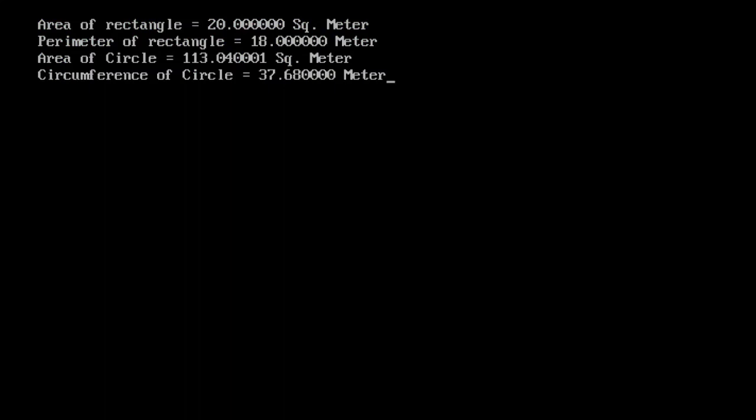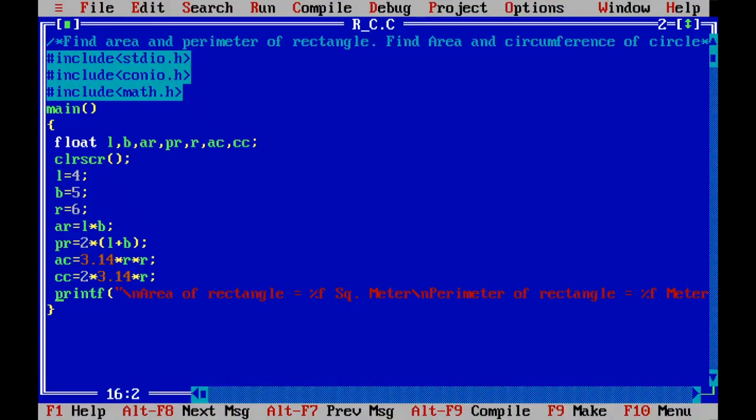We can see that the outputs have more decimal points, like 20.000000, up to 6 decimal points. Here you can see that the output of the area of the circle is 113.040001. So we can control these decimal points. How? Now learn it.